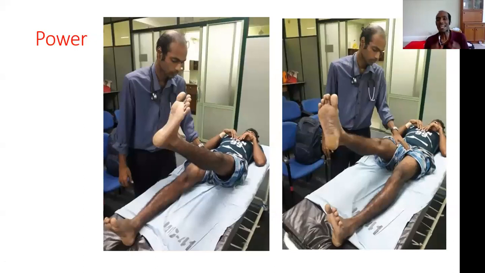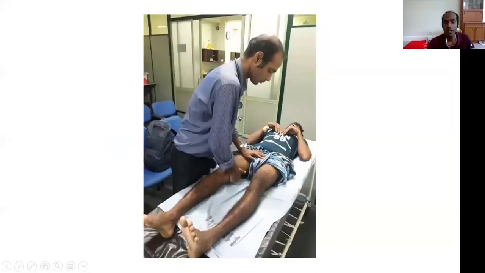Okay, so inspection, tone. The next thing to do is examination of the power. In these pictures, I have demonstrated examination of the muscle power. Now remember, when you examine the muscle power, make sure that you examine the hip muscles, then the knee muscles, ankle muscles. So go down in sequence. And here I have shown you flexion of the hip, and just watch the pictures and remind yourself of the technique. Right? This is extension of the hip